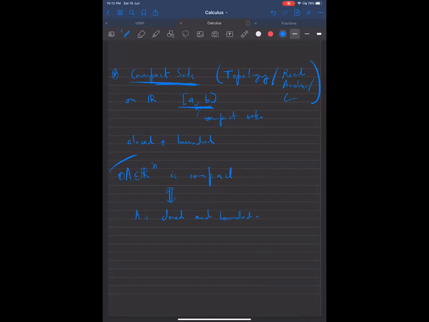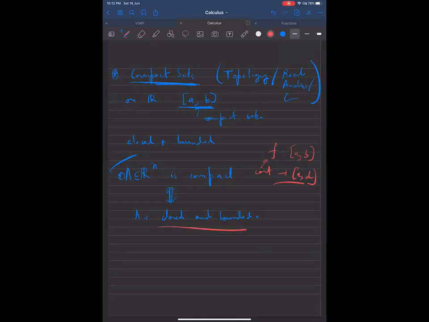So inside Euclidean spaces, we don't need to worry about compactness in general. Closed and bounded is sufficient. And there are again good theorems. A continuous function maps a closed and bounded interval to again a closed and bounded interval, right? This is what happens in general with compact sets. Functions map compact sets to compact sets. So while working in Euclidean spaces, you don't need to really worry about compactness, because it's sufficient to